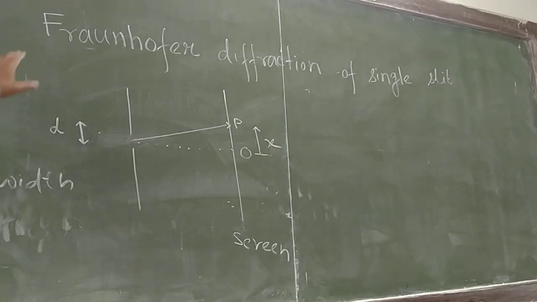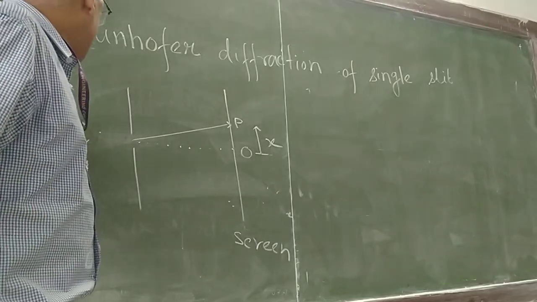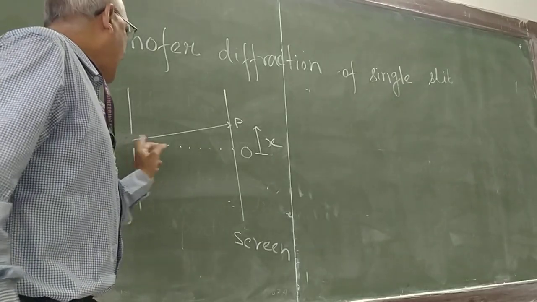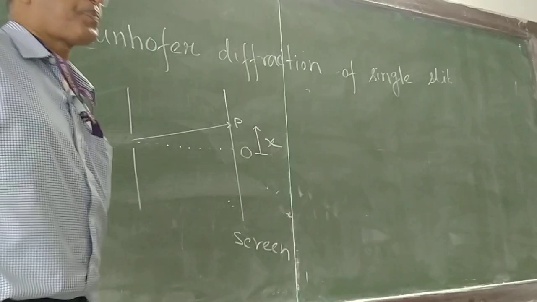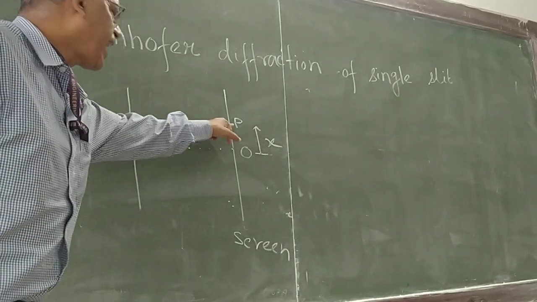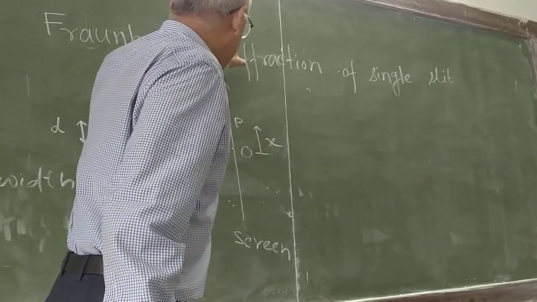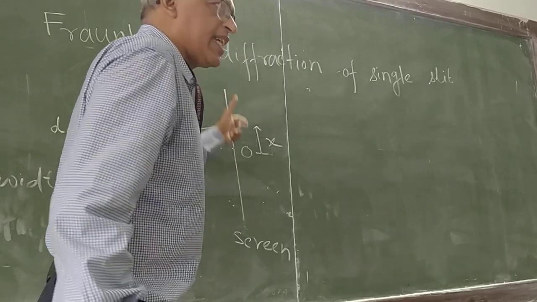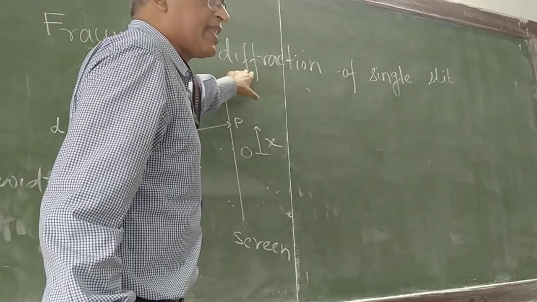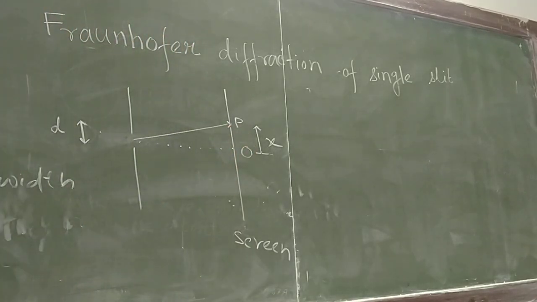Okay, fine. Fraunhofer diffraction of a single slit. So this diagram I have shown you. This is the slit width D and the center of symmetry here is O. One ray will bend from this midpoint, striking at P due to diffraction. This distance along the vertical we call x. So this point is an arbitrary point, that is x. D is the slit width. Write down first.